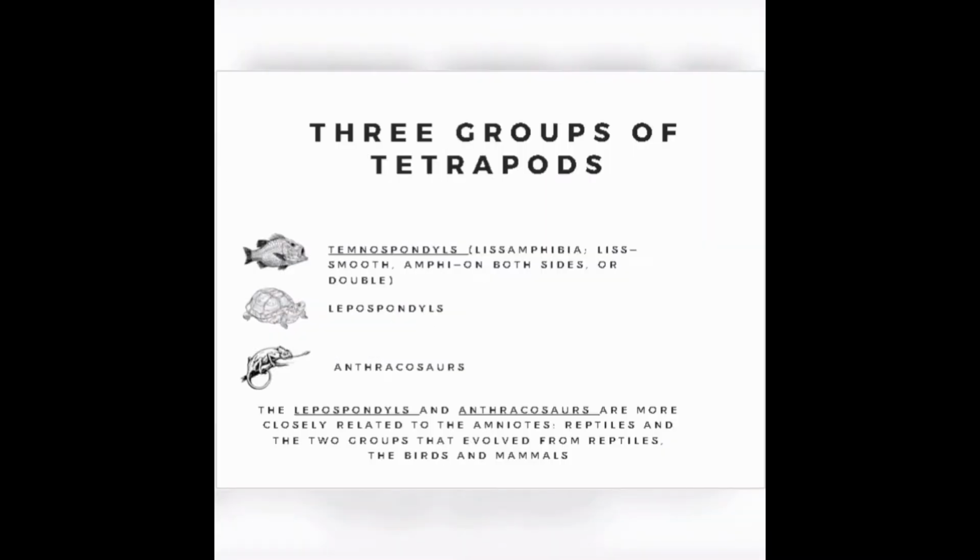These are the three groups of tetrapods. First, the temnospondyls. Second, the lepospondyls, followed by the last one, the Anthracosauria. The lepospondyls and Anthracosauria are more closely related to the amniotes, reptiles, and the two groups that evolved from reptiles, the birds and mammals. Although controversial, one interpretation of current data includes